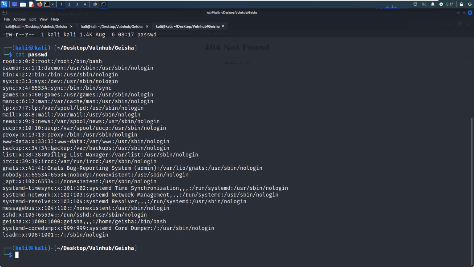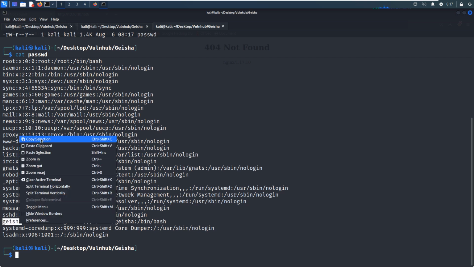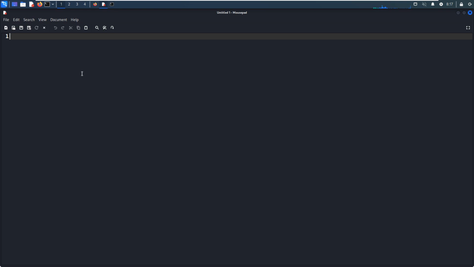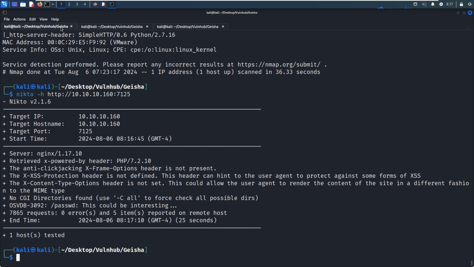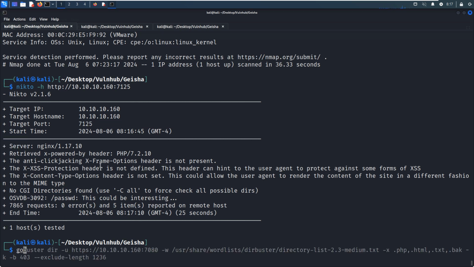From this file we can tell that there is one normal user. We can copy it and note it down in our notebook. It's done.